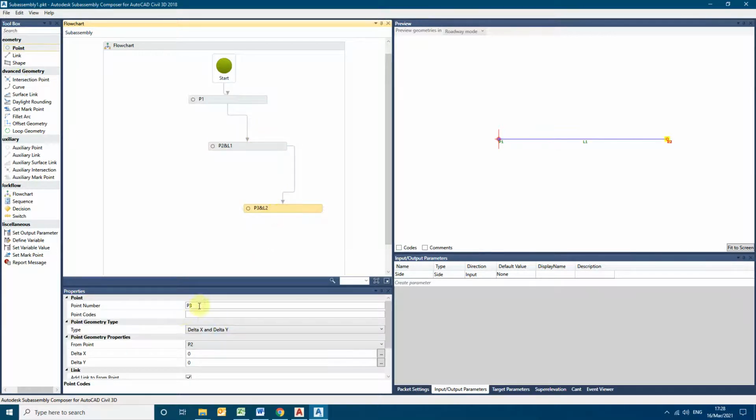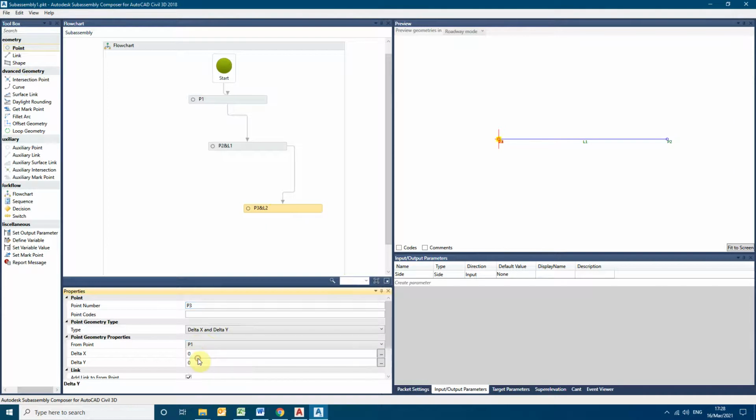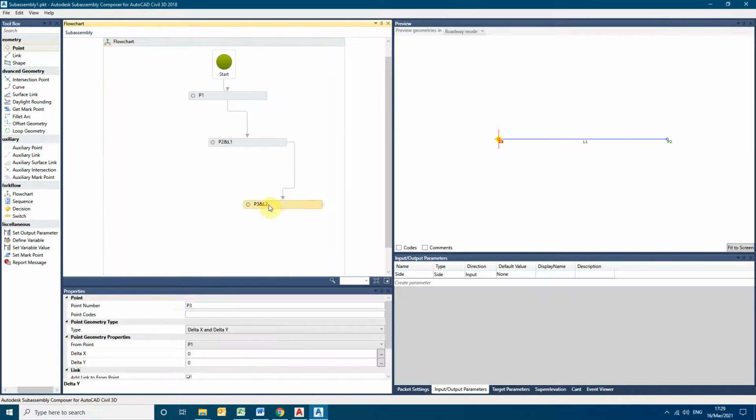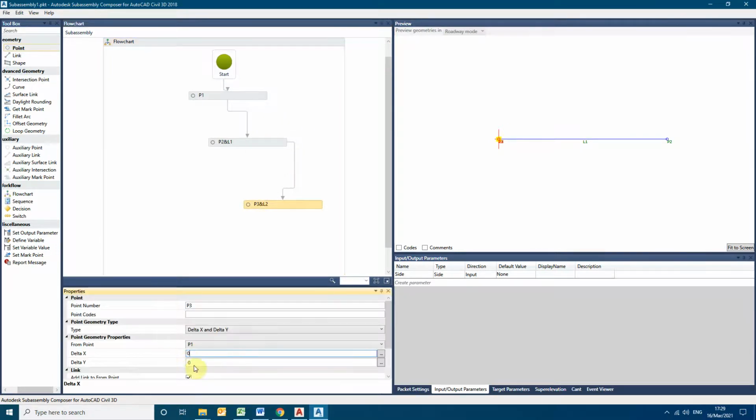We can even connect this point to P1 directly. So this will be from P1, with a y offset distance of 20. You can see another one has been created: P1, P2, P3.